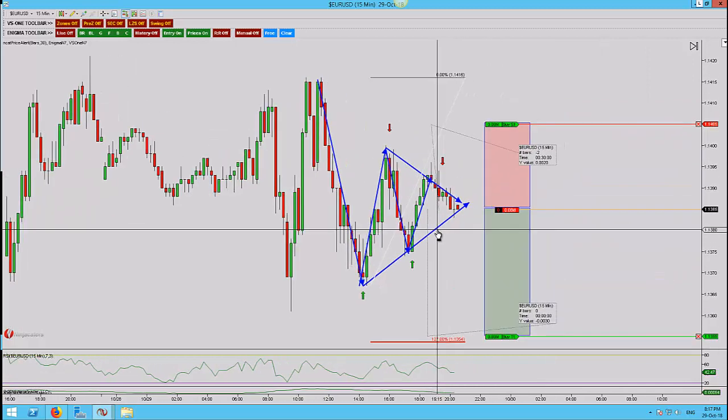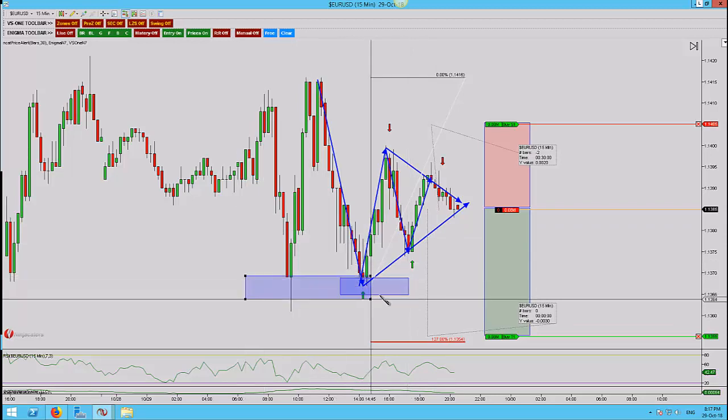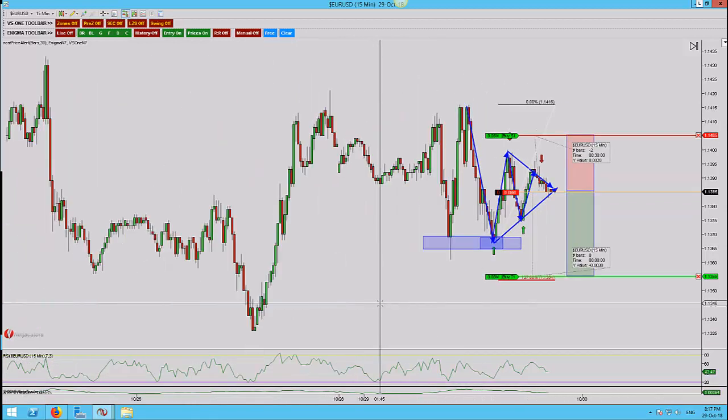The only one problem with this trade is this right here, is that we have not made an initial structure low. However, because of the additional confluence we've got on the daily, so we've got two major fib levels there that haven't been tested. We don't have any real rejection on the dailies. We've got 240 confirmation that we're now in trend. We can see the market looks as though it wants to come lower based on the fact that we're in trend, and we can see the market is